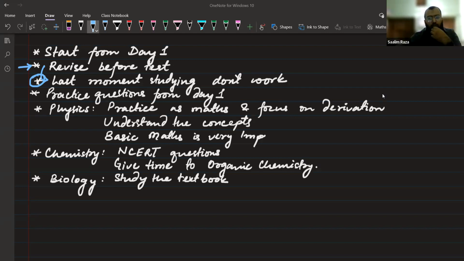I hope you remember human eye. That was a small chapter in class 10th, right? So before the unit test, you can spend 3 days and it will be okay. What you have to do: the human eye diagram you have to make, myopia, hypermetropia and all of those diseases, the formation of rainbow you have to study, the prism you have to study. Those are the main topics. That's it. But you cannot do the same thing for any